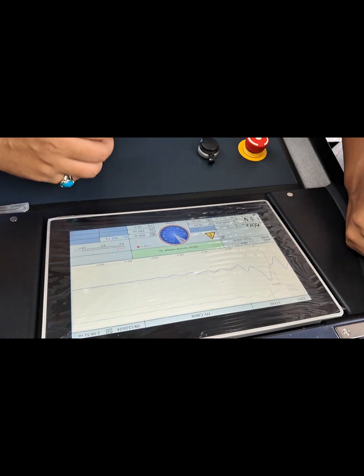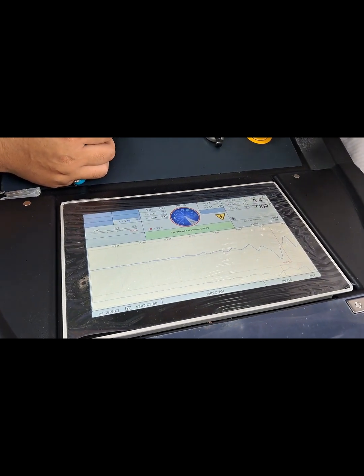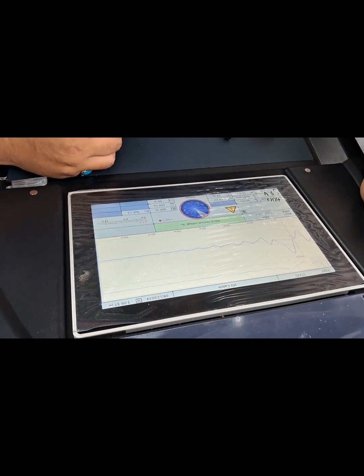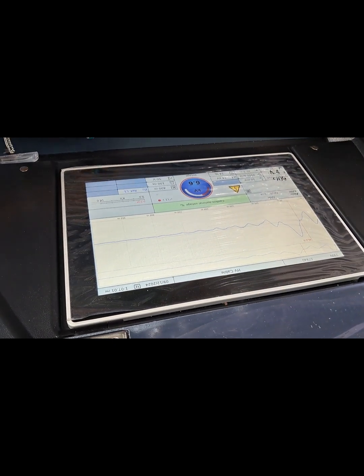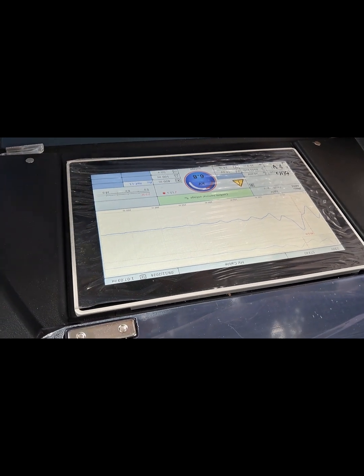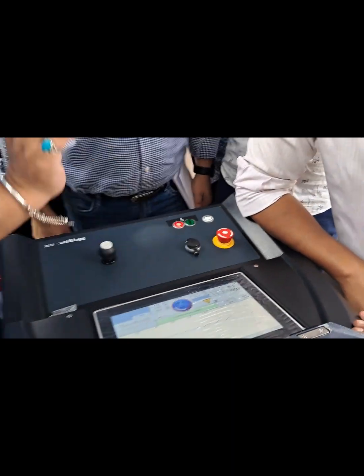Then we don't need the TDR separately. No problem, but when we do ARM, we get both options. That's why I am saying, I will show you in ARM also. You can apply 6 kV, 7 kV to get a good graph and sparking. Take the range 16 kV and apply 7 kV.